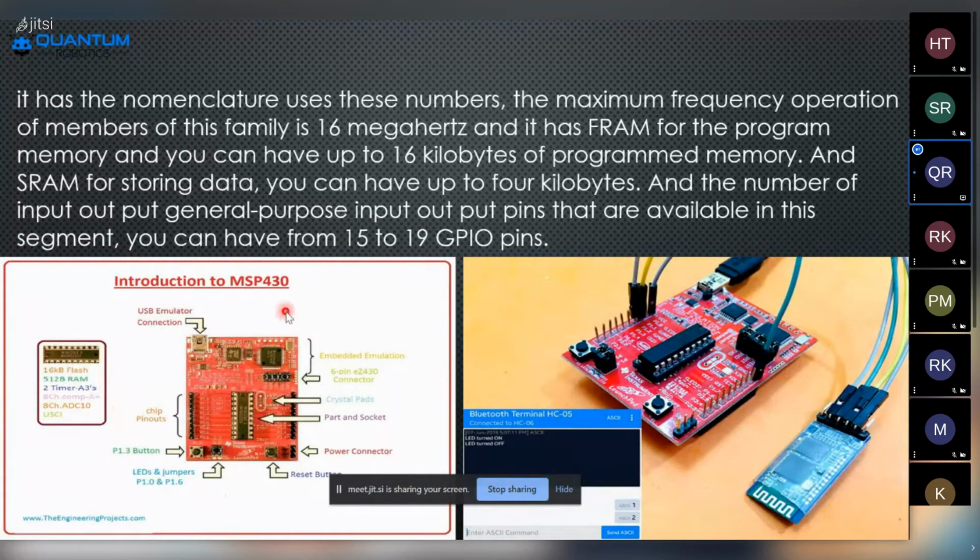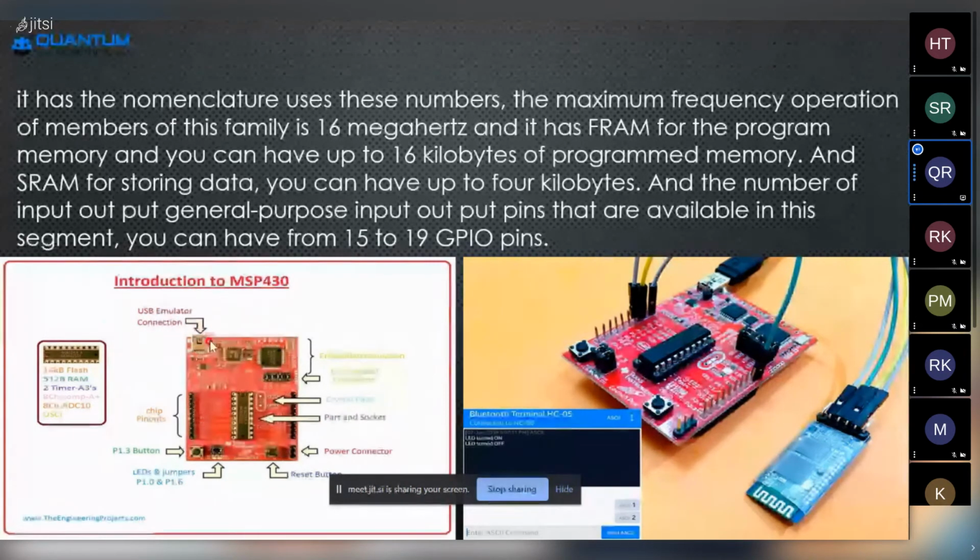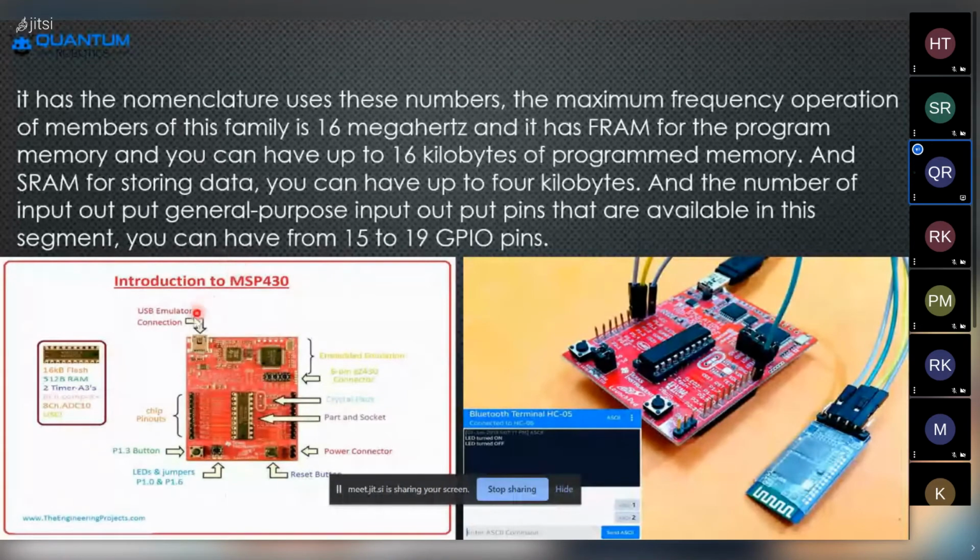Here we can see the USB emulator connection, which is there for inserting the program at a particular time without interacting with the particular devices.